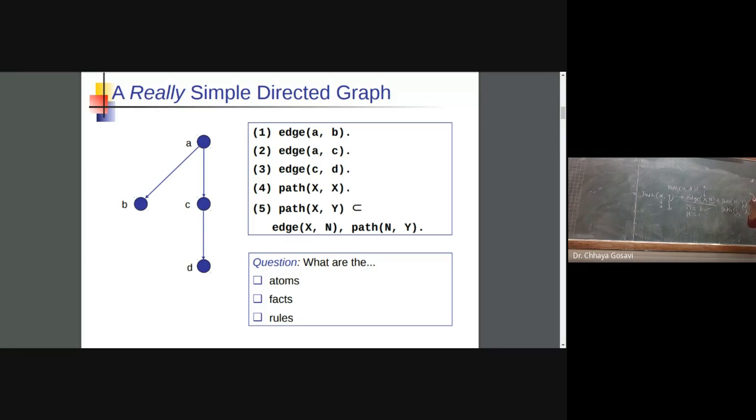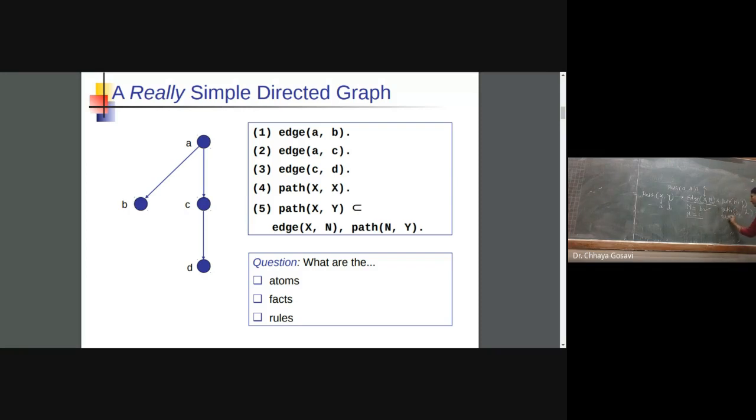Is there a path from B to B? No, that is false. Again, backtrack. I am using the term backtrack: go back and take another value, and put this value in our equation.